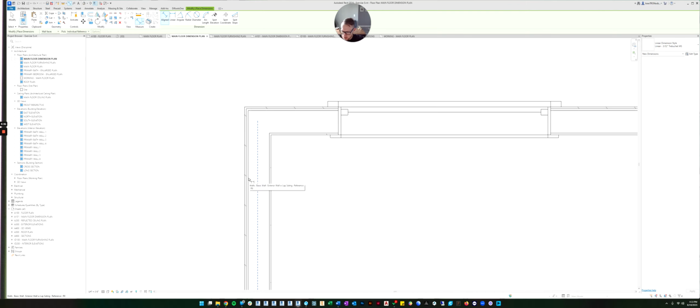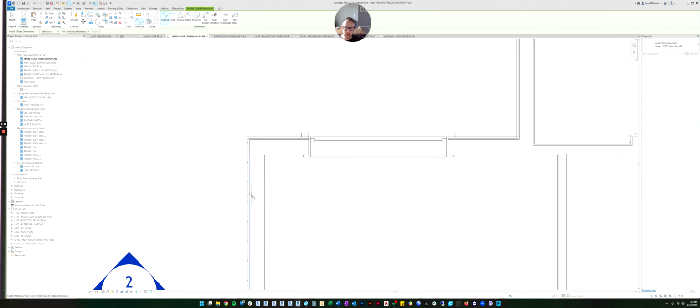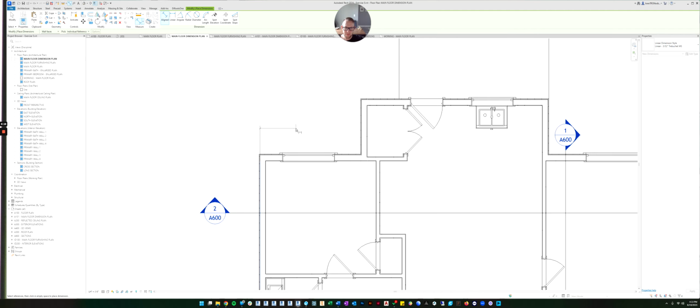So I am going to tab until it highlights this. This is the edge of the stud, the outside face of the stud. I could also pick the outside face of the wall, but that's not the best way to dimension something. You usually are trying to tell the contractor where to put the stud, so when they're framing the house, they know where it goes. So I usually pick the outside face of the stud.